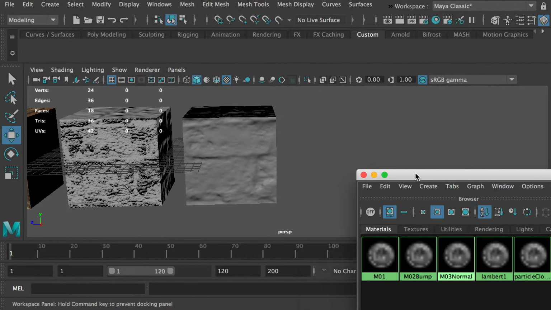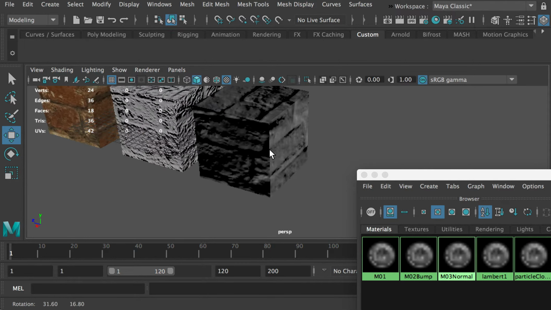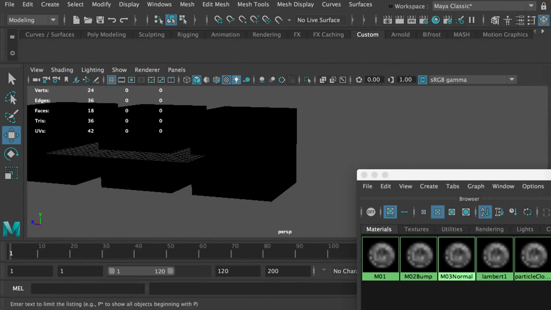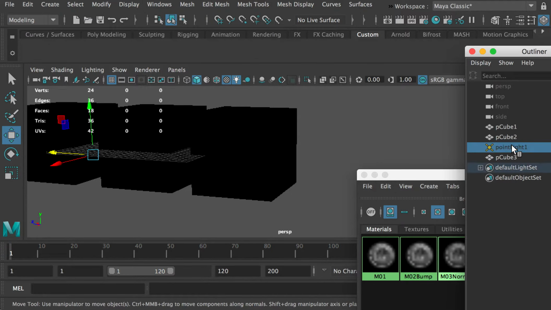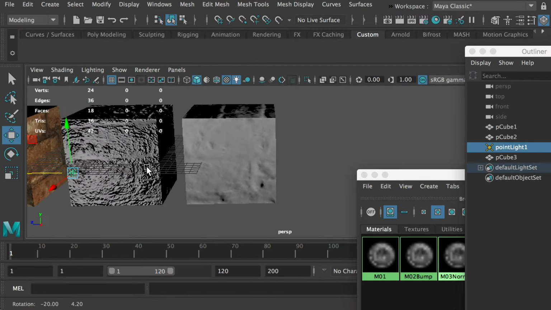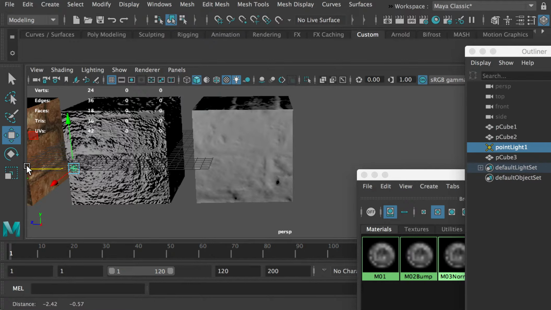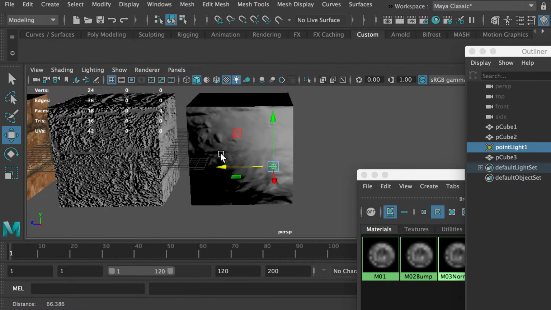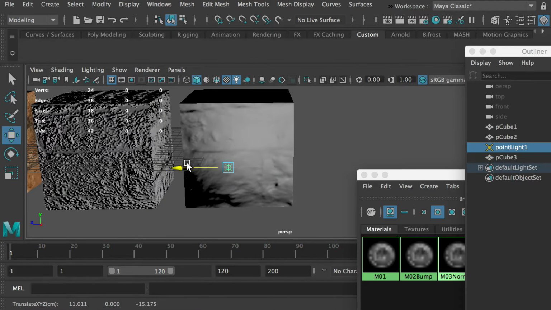Okay, so what's the difference? You can see if I check on the light, and then if I show the light, and if I move the light across and comes here. Okay, so basically as you can see, for normal map it gives you a more accurate and smooth surface, right? So for the bump map,